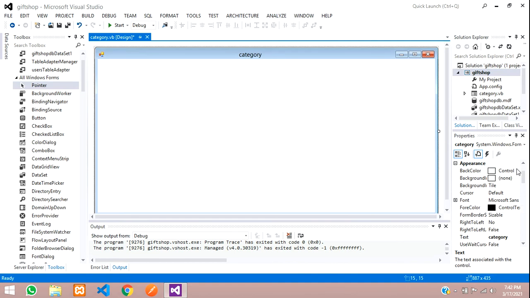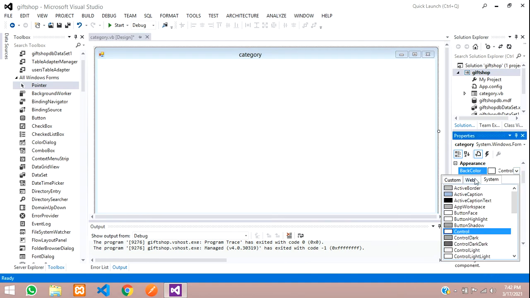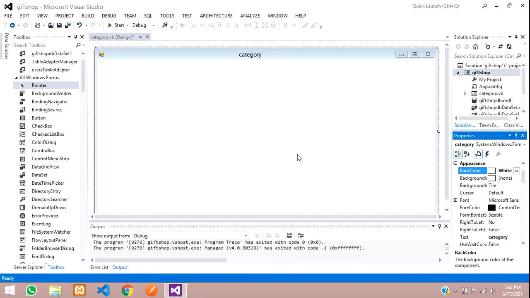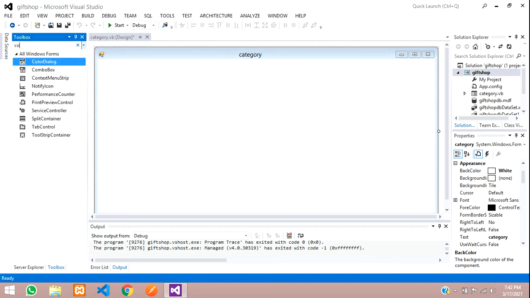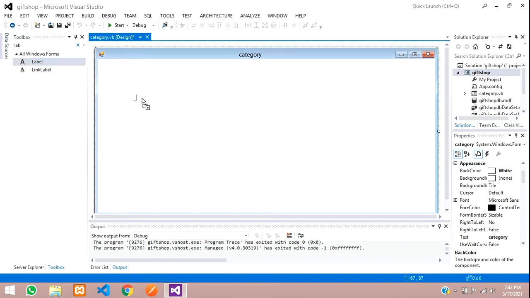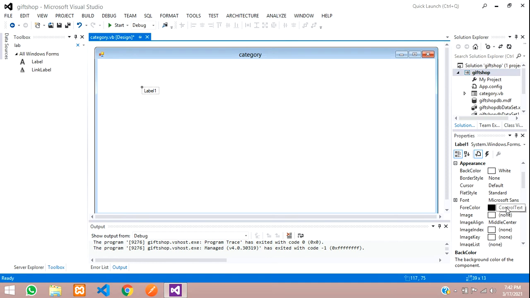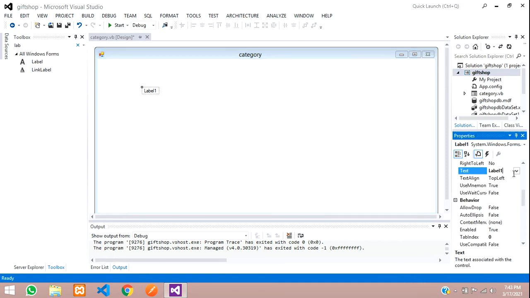So the back color, first we'll change it to white. So it's white. Okay. So here we have to add one heading over here. So let us say a label, and we'll change the text to collections,